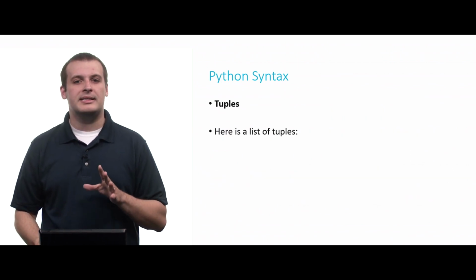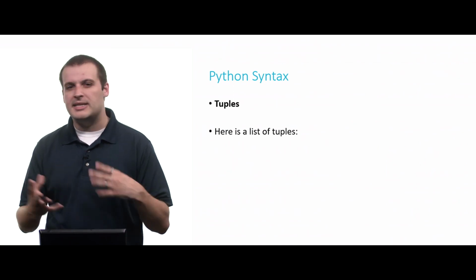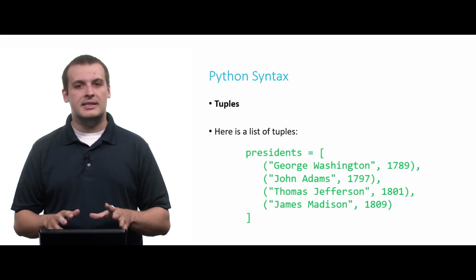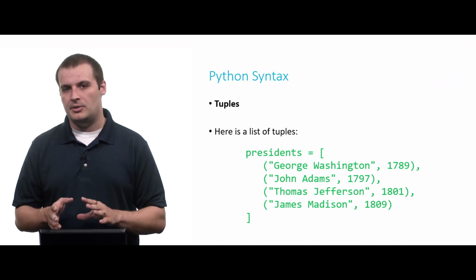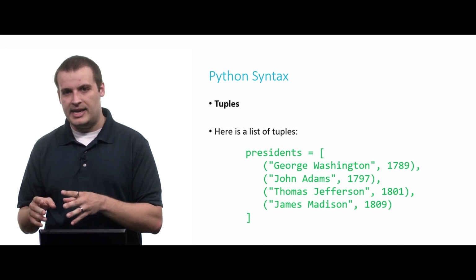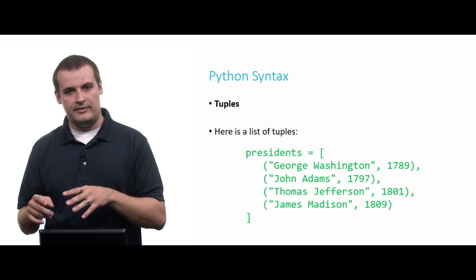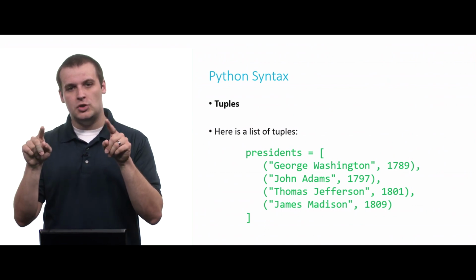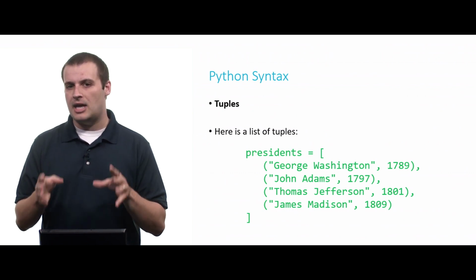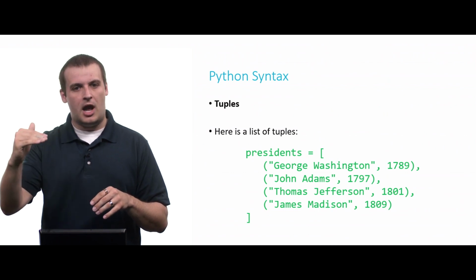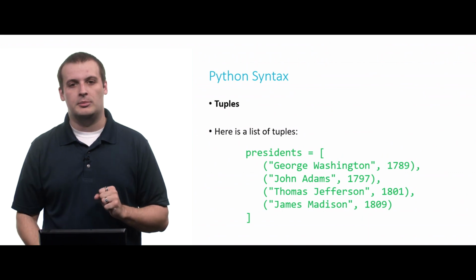So here, for example, is a list, which we just talked about, of tuples. So we're mixing these two concepts together here. This is a list called presidents that contains 4 tuples. George Washington, comma, 1789, in parentheses. That's how we indicate a tuple. John Adams, comma, 1797, and so on and so on. Each of these, George Washington 1789 and John Adams 1797, is a single tuple. And then you see here we have the commas at the end of those tuples to indicate that all of those are items in the larger list called presidents.